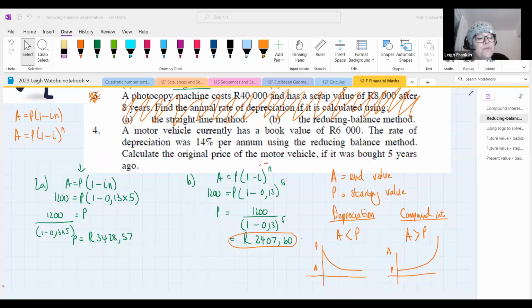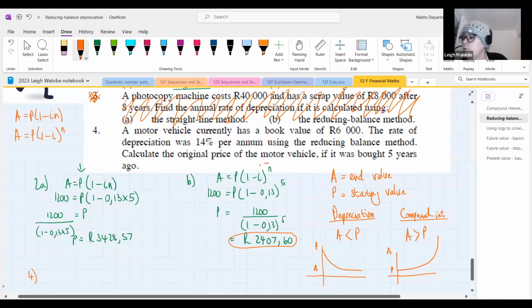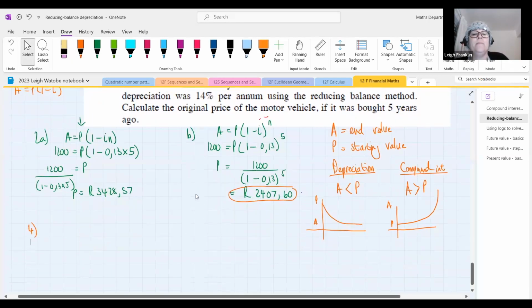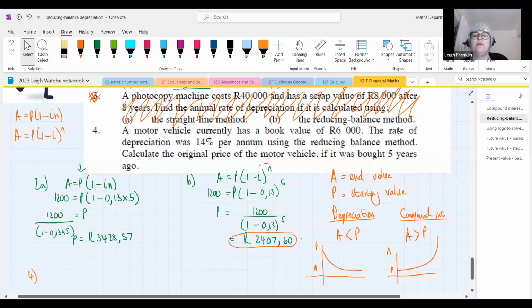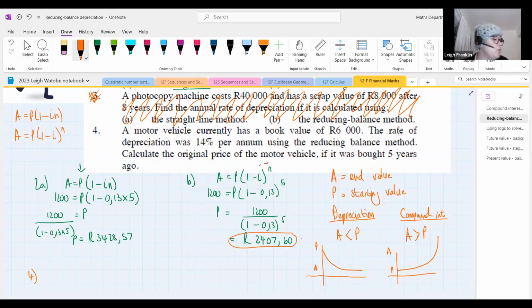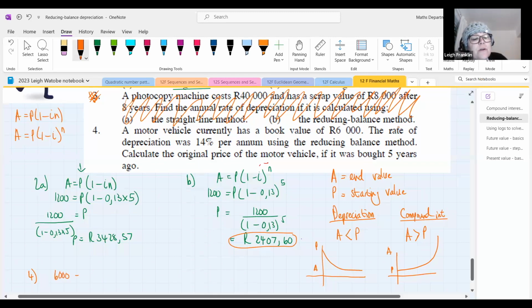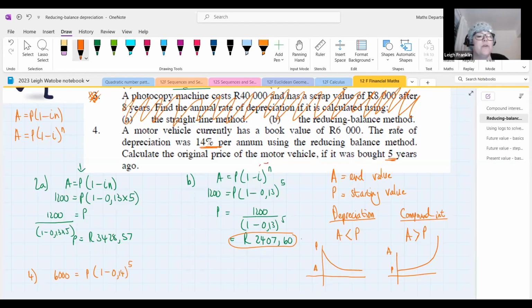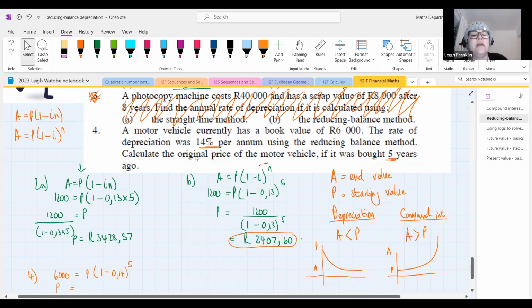For question 4, the book or the scrap value is 6,000 Rand. So that's your A value. So you would have said 6,000 equals P(1 minus 0.14), because it's 14% and 5 years ago. So when you calculate P,